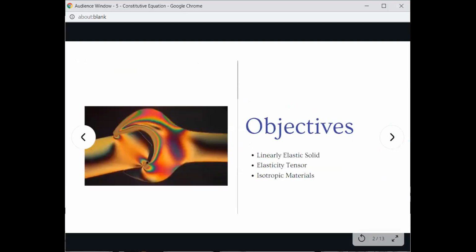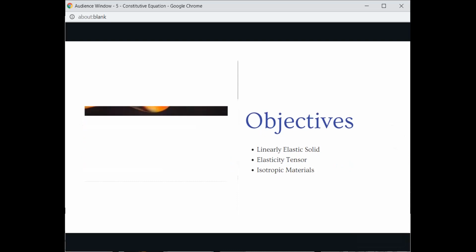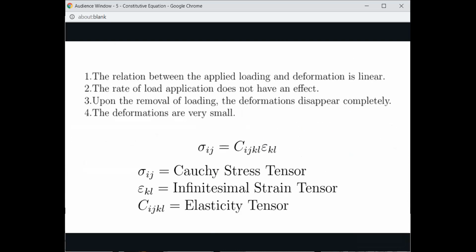Yeah, so our objective for today is to discuss linear elastic solid, elasticity tensor, and isotropic materials. Okay, so here are some assumptions. First is the relationship between the applied loading and deformation is linear. Okay,